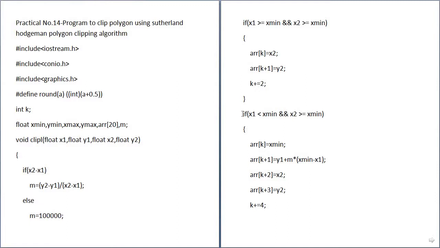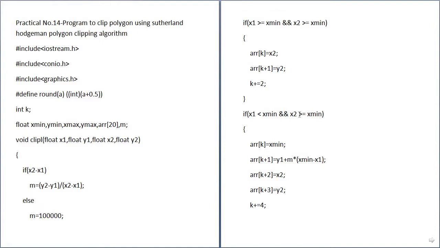Then check the condition, that is x1 is less than xmin and x2 is greater than or equal to xmin. That is, the first point is less than xmin, meaning the first point is outside the clipping window, and the second point is greater than xmin, meaning the second point is inside the clipping window.